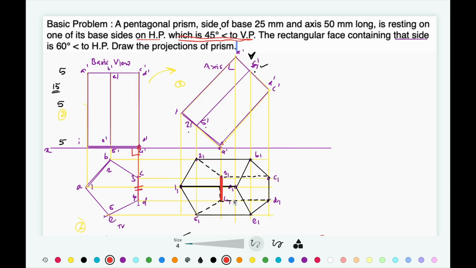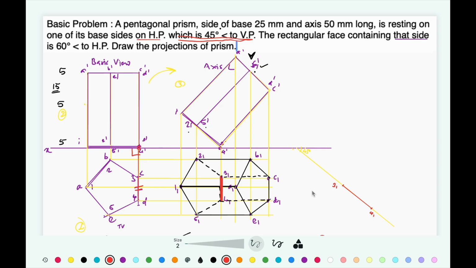Perpendicular to XY means it is still perpendicular to VP. Now we need to make this side 45-degree inclined to VP. So we'll have to draw one line which is inclined at 45-degree, and on this 45-degree line we need to locate that side 3141. The side that we have drawn over here, this side we need to redraw inclined at 45-degree to VP,